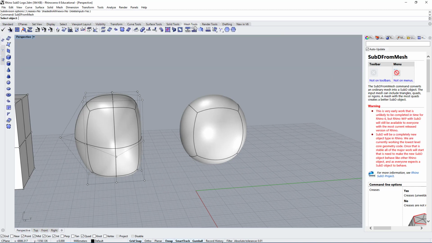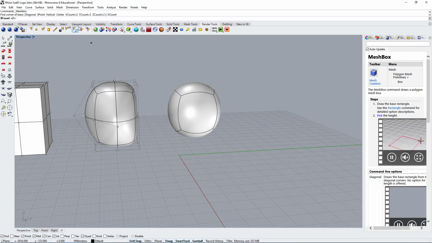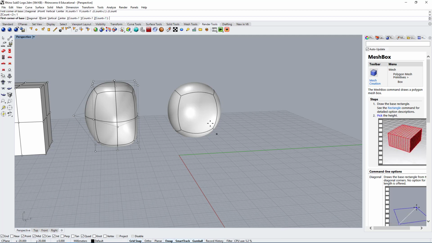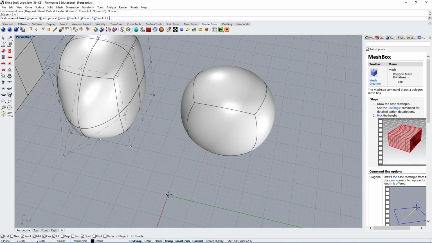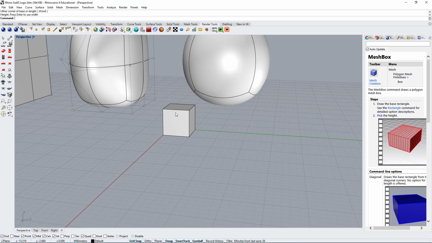So if you wanted to make a type of sphere, you can also simply make a box using the mesh, and let's say I like to use 1. So press 1, 1, and 1. And let's go up here and make sure it's a square and press enter instead of clicking so that the height is the same as the width.